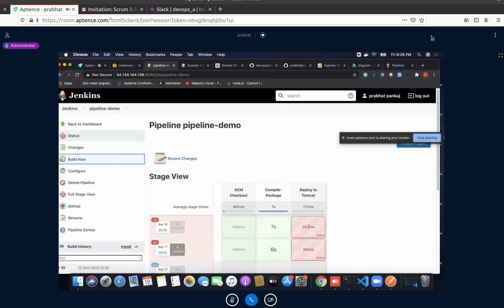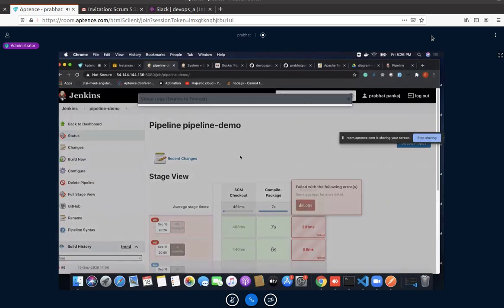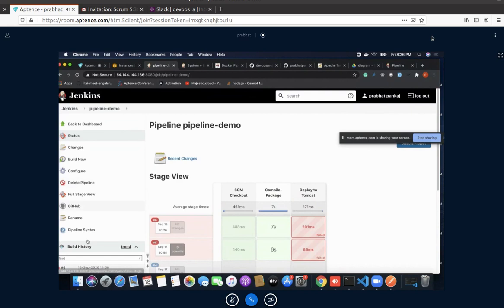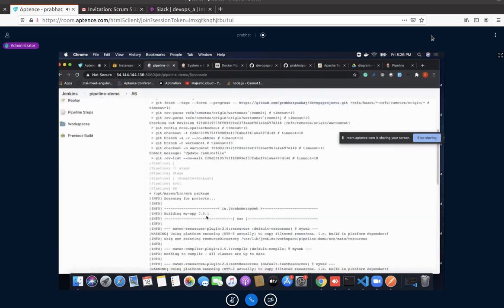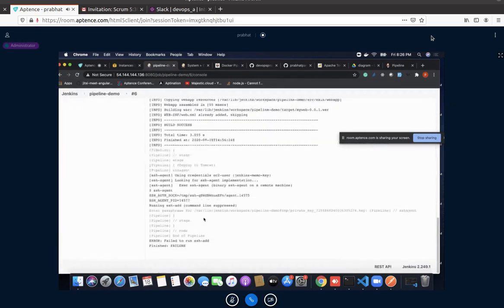See like why it is failing, we'll have to check. Console output. So error is same. Enter the purpose for this one.